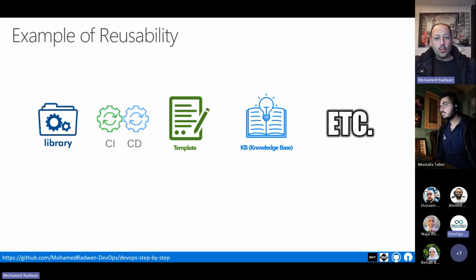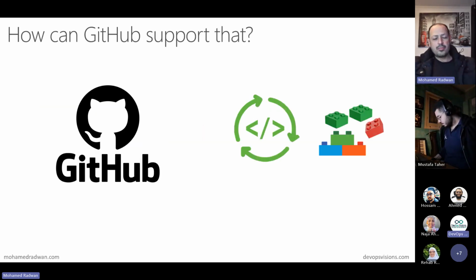And this is why we can see that GitHub provides us with huge and amazing features that can support us for reusability and maintainability as well. If you are not considering maintainability and reusability as a mindset, you will not even think about these features. You will not even think that this feature is required or that it exists. But by considering the mindset, you will start finding the right problem and solving the right problem using the right solutions.